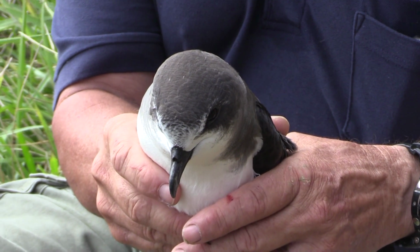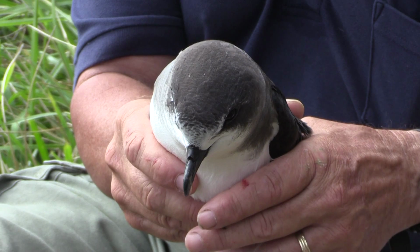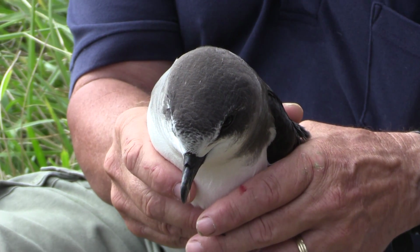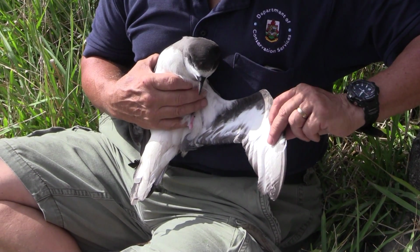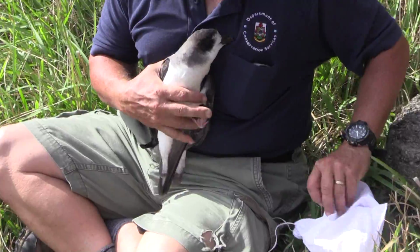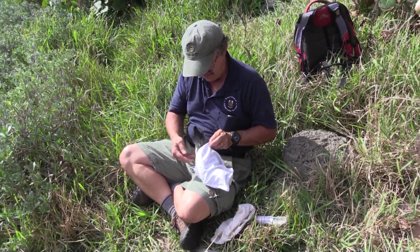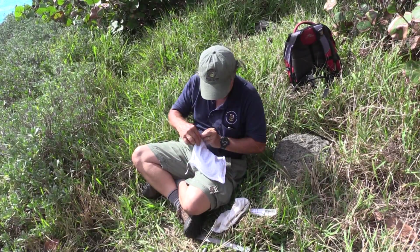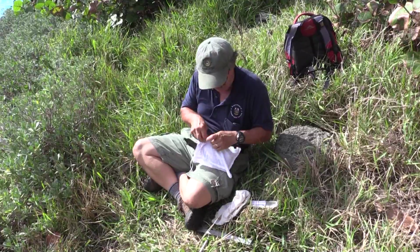Yeah. But it's one thing to see them out at sea in their element there when they're really clipping along and arcing at speed, and to see them in the hand, he knows the routine. It's kind of neat because these birds, you know, I raised as chicks,